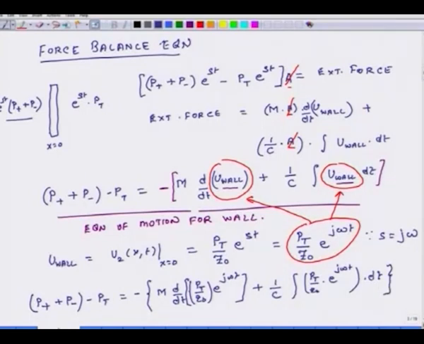So, in this relation P t and z naught, they are constants. P t can be a complex entity, but it is still a constant. So, then I can very easily differentiate this term and I can very easily integrate this term, and that is what I do in the next step. So, after integrating and differentiating these terms, what I ultimately end up getting is